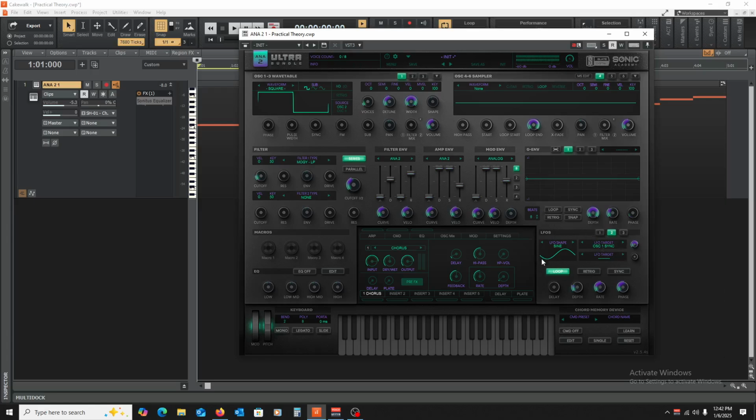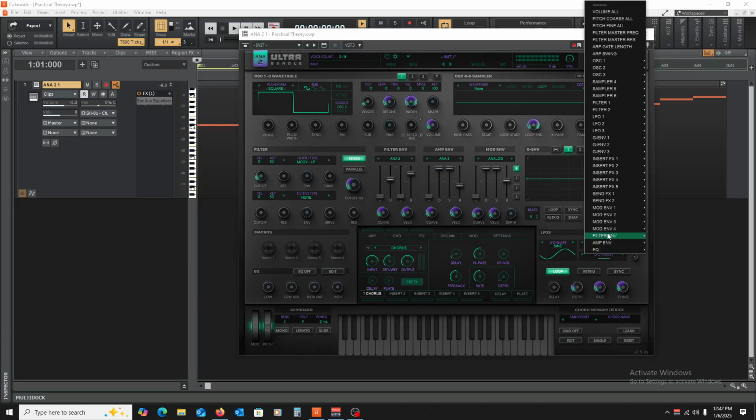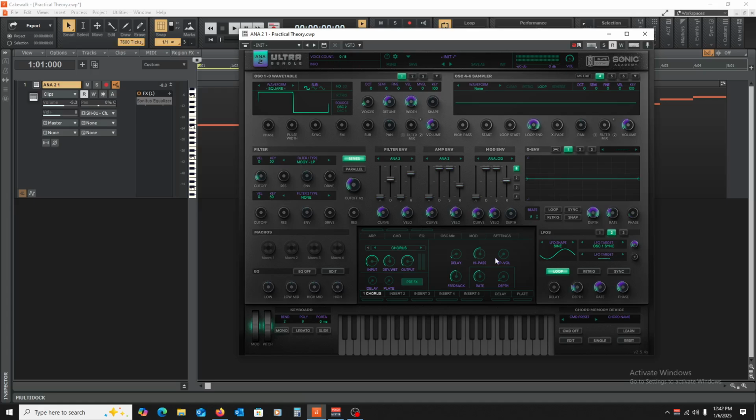It's just a way to control a given parameter, whatever that parameter is, and there's a lot of LFO options here, as you can see. We're going to go into these more in depth later when we get into synthesis itself and cover all of what's going on here in the synthesizer. But the LFO itself is the building block of modulation, because modulation is just changing the sound over time. And guess what? That's exactly what this LFO is doing, it's just changing the sound over time, and you can choose the parameter or parameters that you want to have it change.